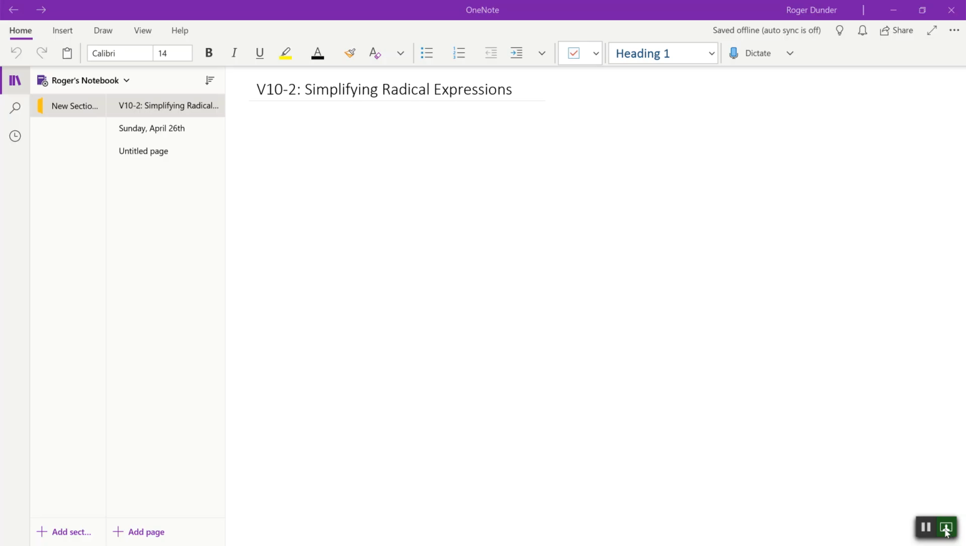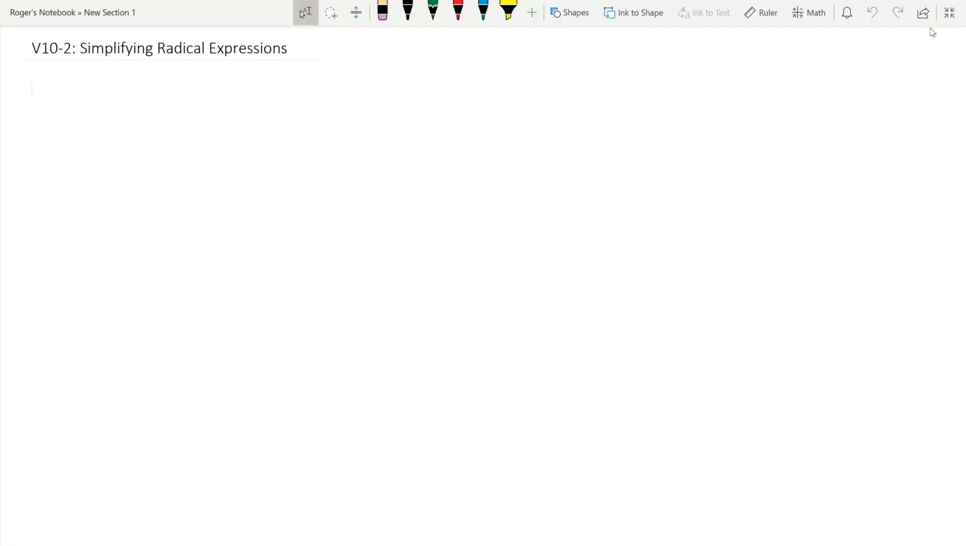So without wasting any more time on that, let's go ahead and switch to our whiteboard and get started. So simplification of radical expressions, I'm going to go ahead and maximize this screen so that we have a little more space to work with. We're going to start off with a couple of rules that we use for this simplification process. To begin with,